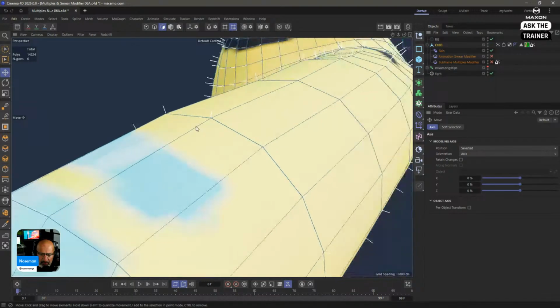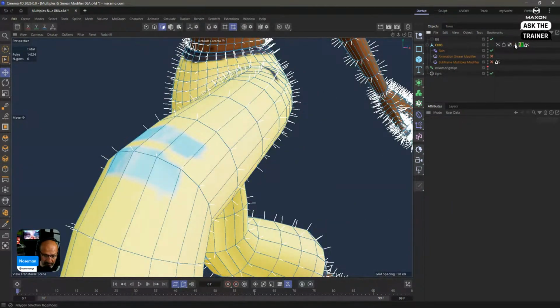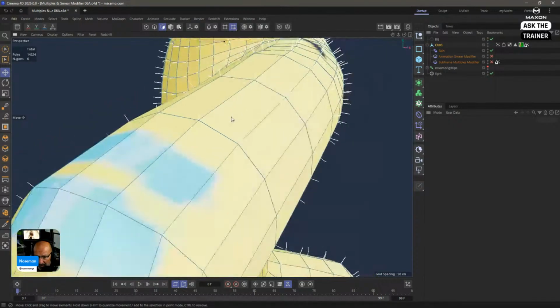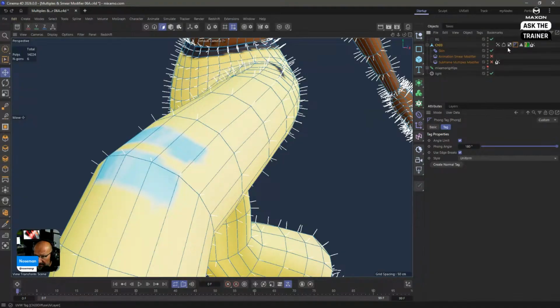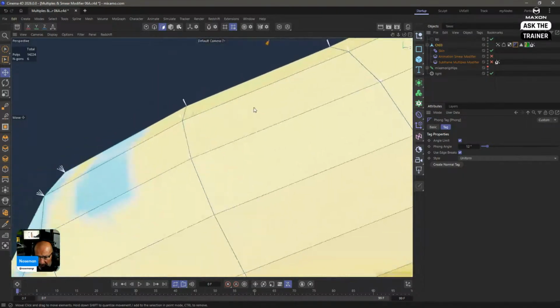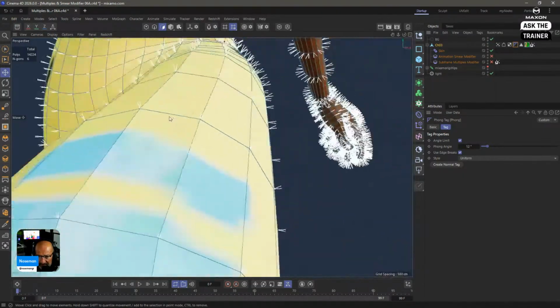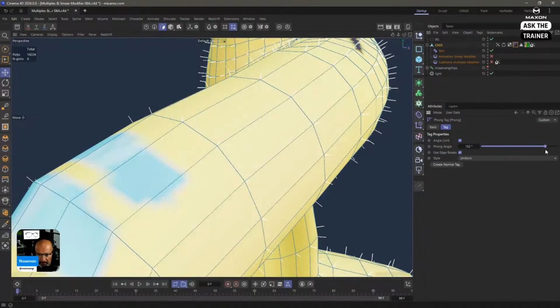It just happened to have the same normal because we have smooth normals. If I remove the normals from here, you may see, yeah, I can't see it now. So let's see if we can see it. If I go here and, there you go. If I make this a small angle, you can see that we have plenty of these little normals. Okay, that was just a little digression here.